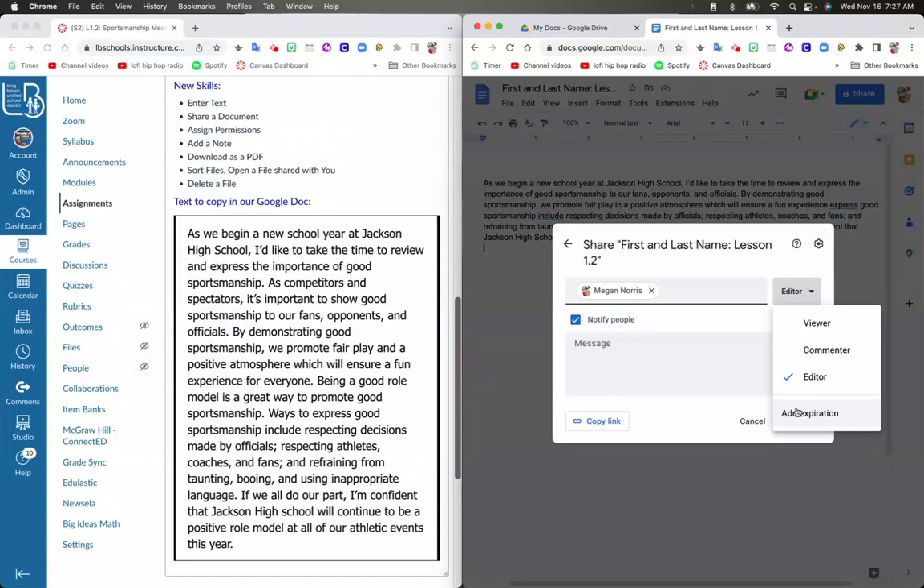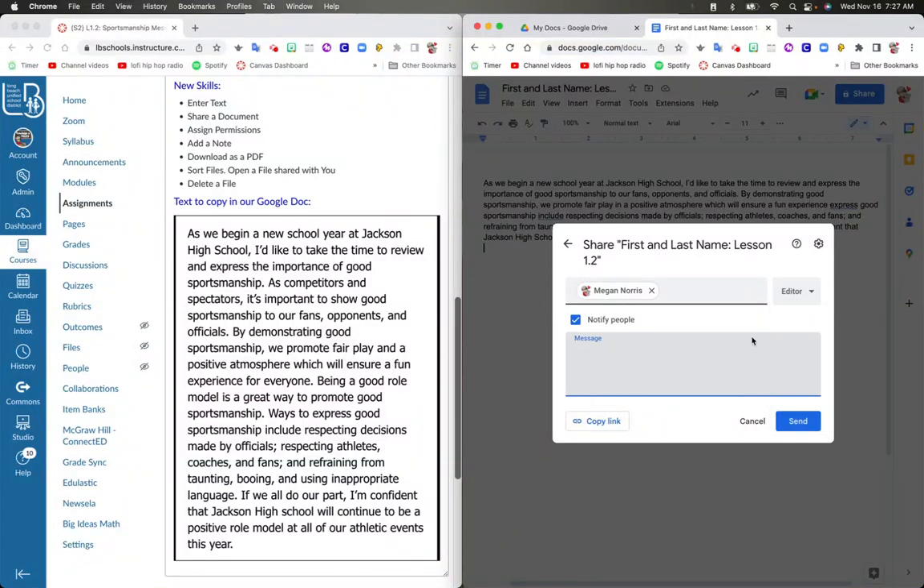So if you only want me to be an editor for a short amount of time, maybe a week or until the end of the semester, you can add that date. But we're just going to keep it at editor. And where it says message, you're going to type the following message. Please proofread,